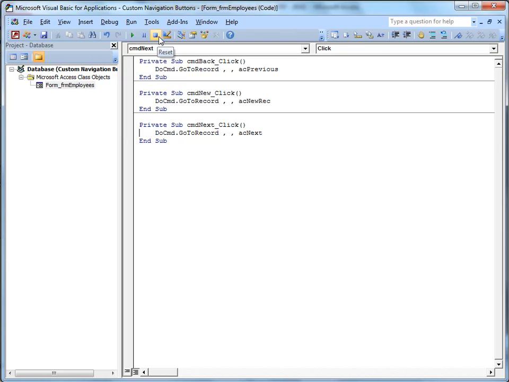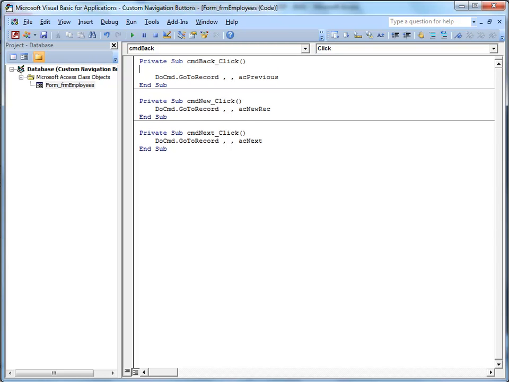Okay, don't try and write code, do anything else whilst you've got a yellow bar there. So simply all we need to do is add what is called an error handler to our code. It's very easy to do. I'm going to click just here to place a new empty line above my existing line of code, and I'm going to type on error